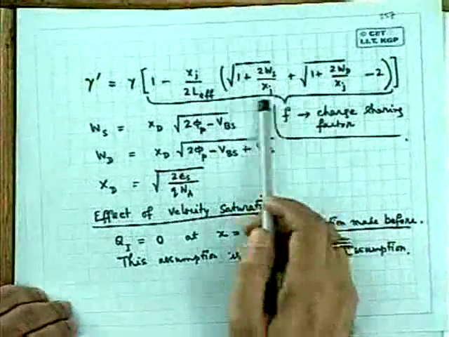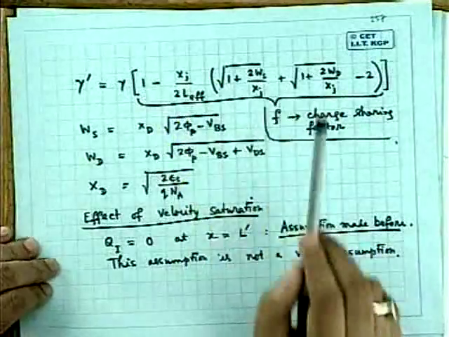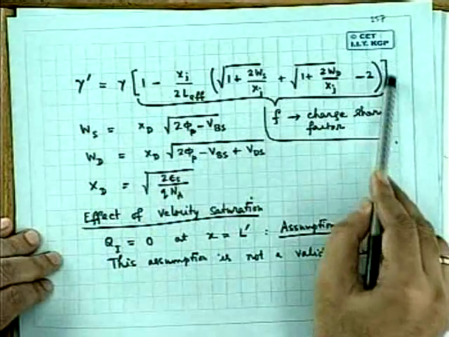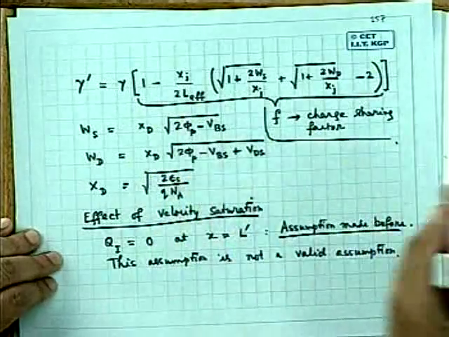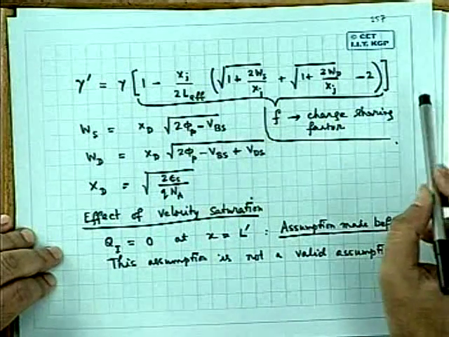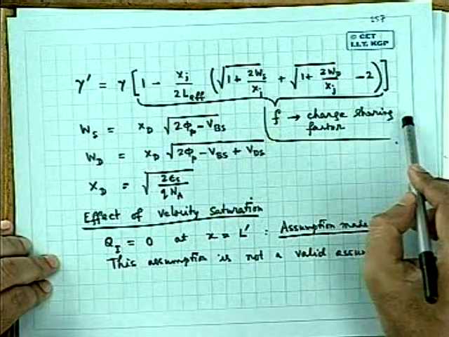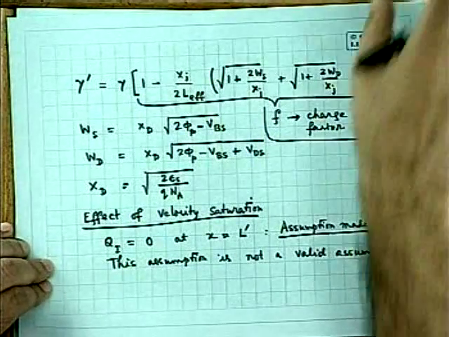Gamma multiplied by this entire quantity in parenthesis is nothing but our charge sharing factor we discussed earlier, where Ws and Wd